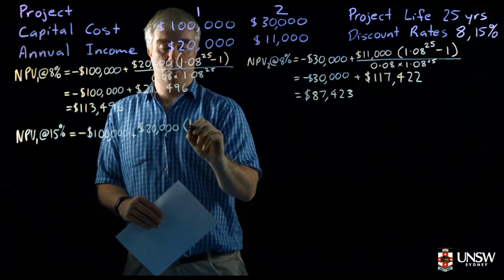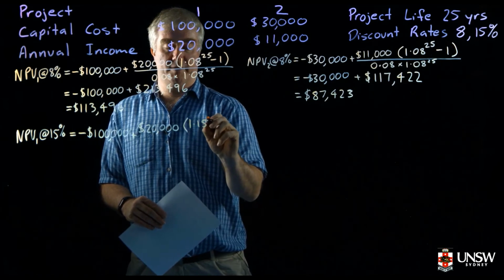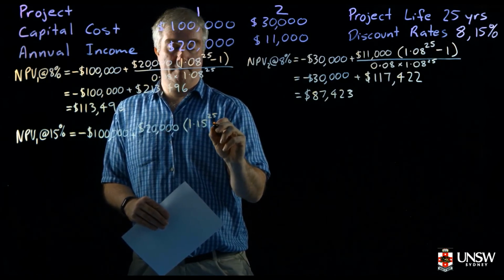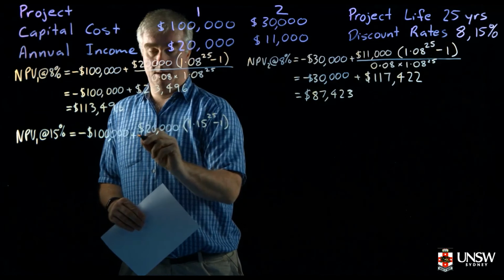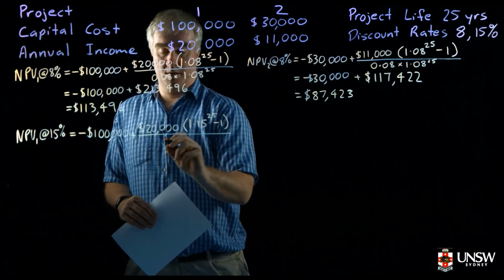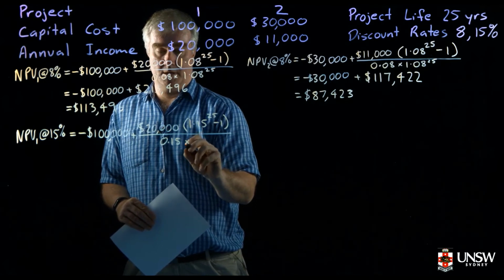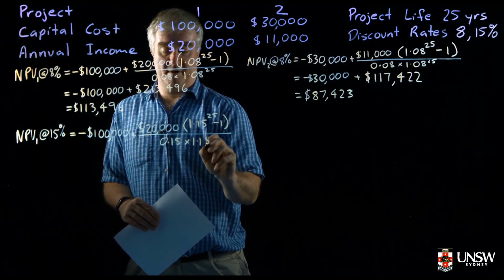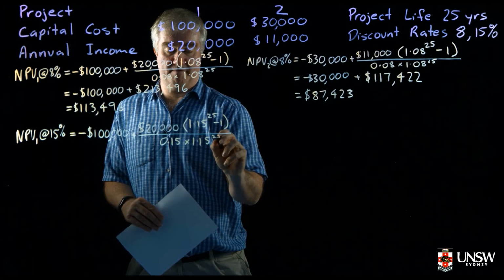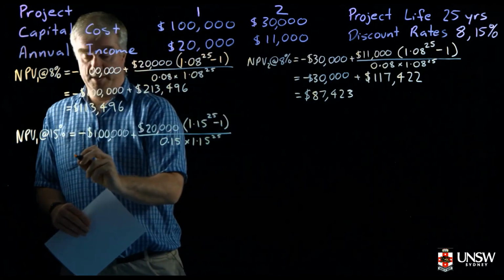So it's going to be 1.15 to the power of 25 minus 1, all divided by 0.15 times 1.15 to the power of 25, which gives us